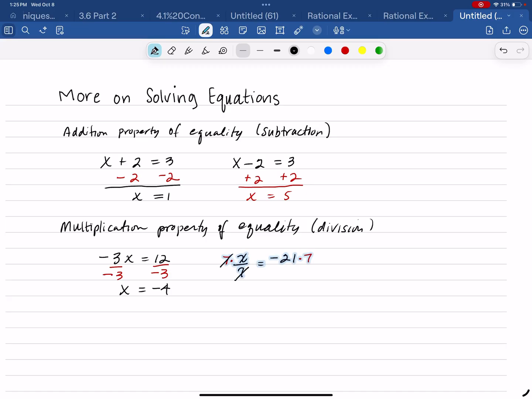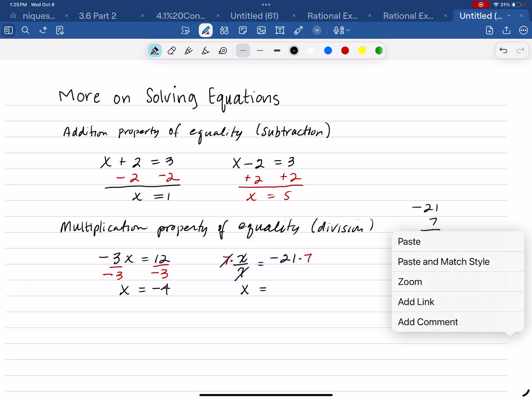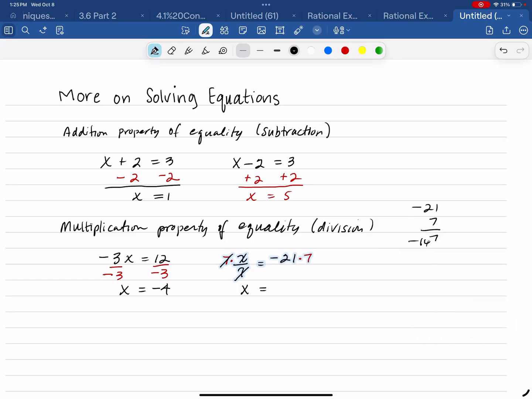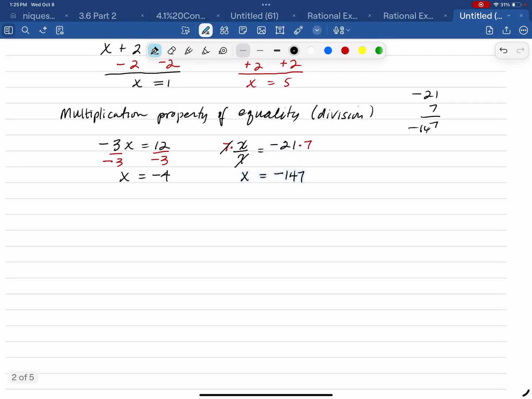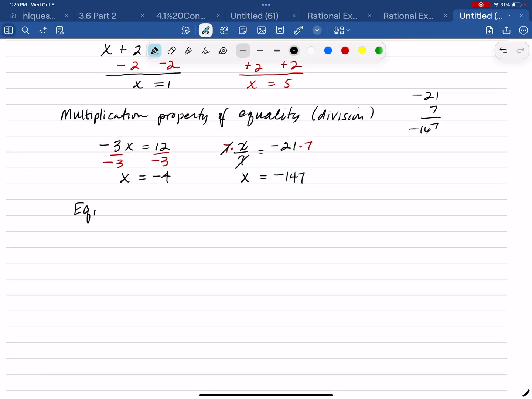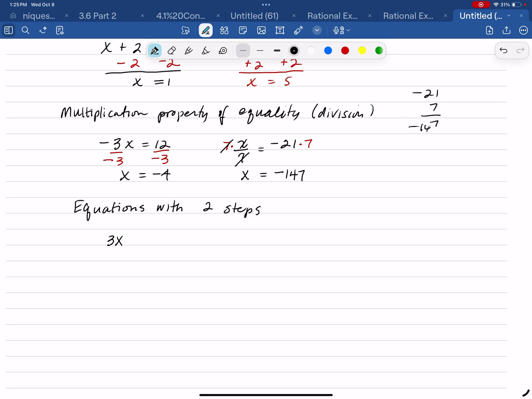So here, 7 divided by 7 leaves a 1x. And then we'll just multiply negative 21 times 7, negative 147. So we're doing opposite operations. Now, when you have more than one, so let's say we have equations with 2 steps. So in these equations, you'll have something like 3x minus 1 equals negative